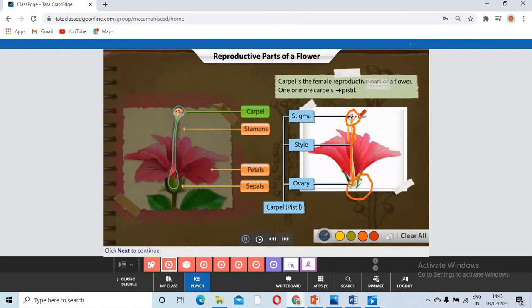So the pollen grains, the male cells, get inside, and inside the ovary you already have female cells. They both fuse together and form the zygote. Once the zygote is formed, the ovary will start swelling and it will form the seed. You must be wondering how a fruit is formed from a flower. When the ovary swells, it develops into a fruit, and the ovules that are already present inside the ovary will develop into seeds. I think this is very clear.